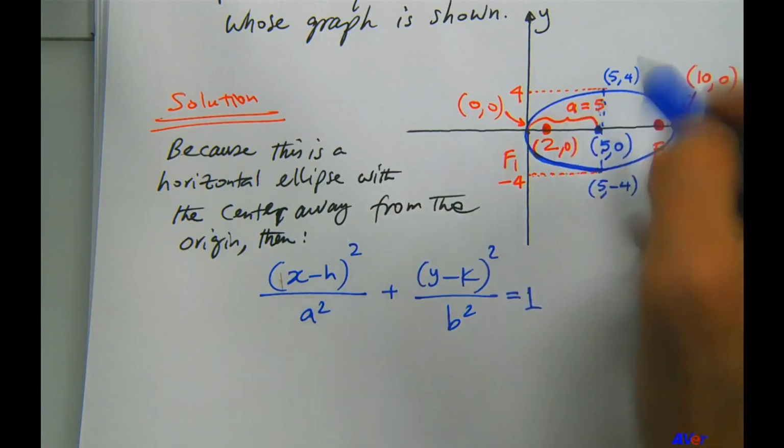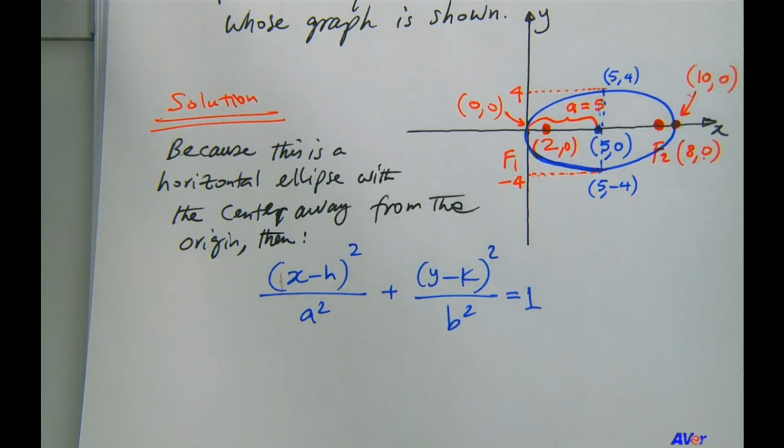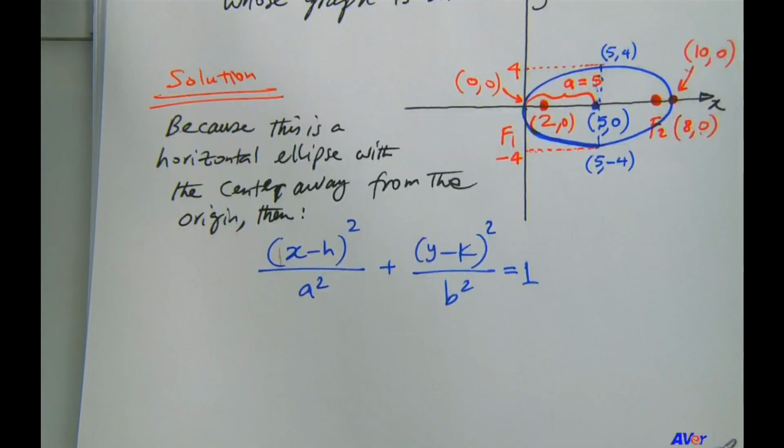So b is plus or minus 4 along that axis. Okay, so with all that information given to us,